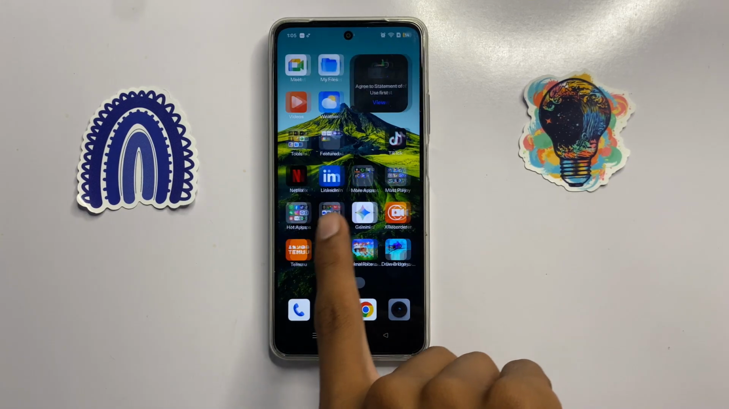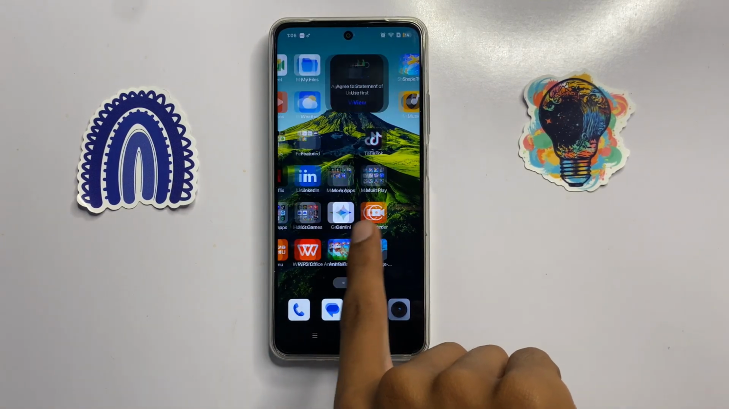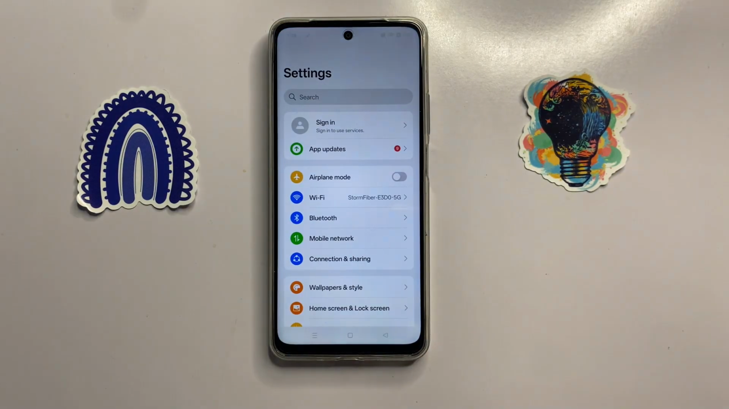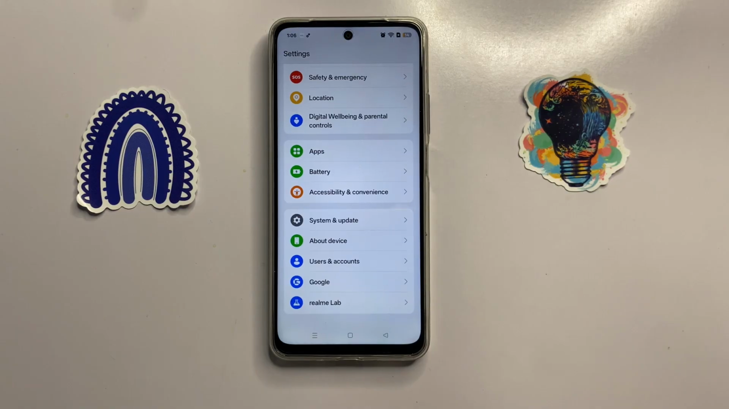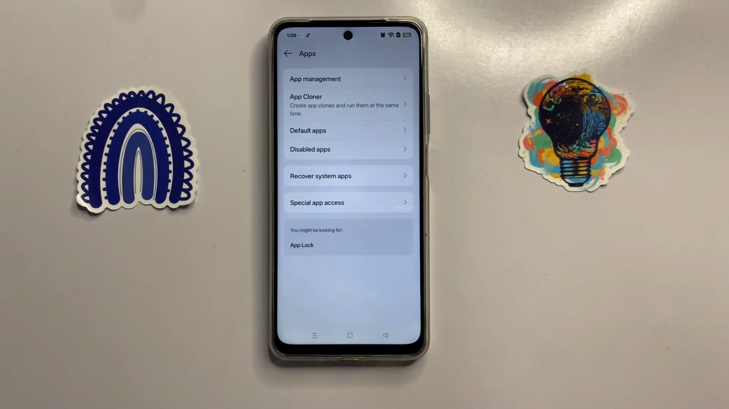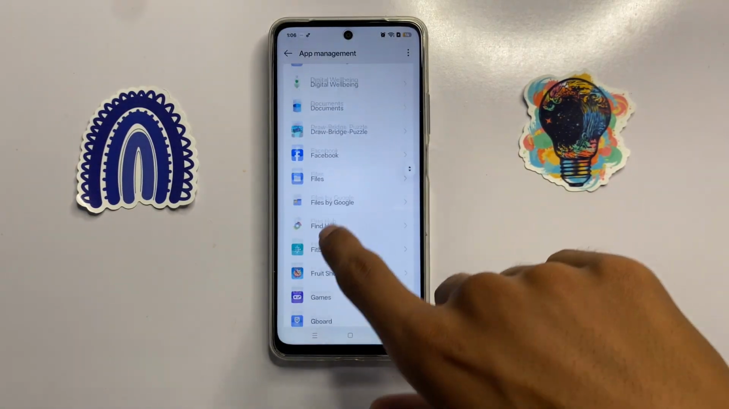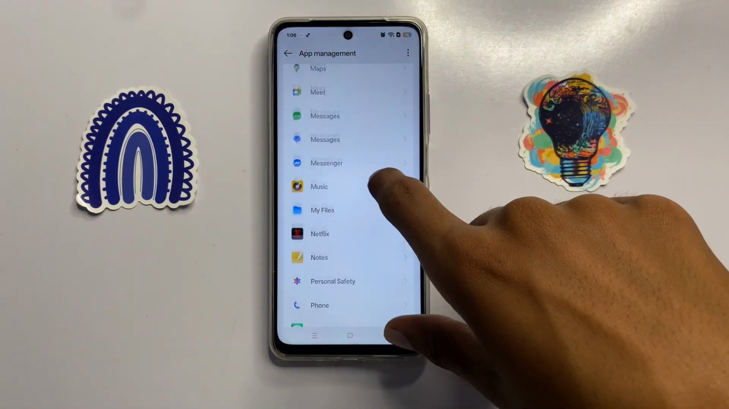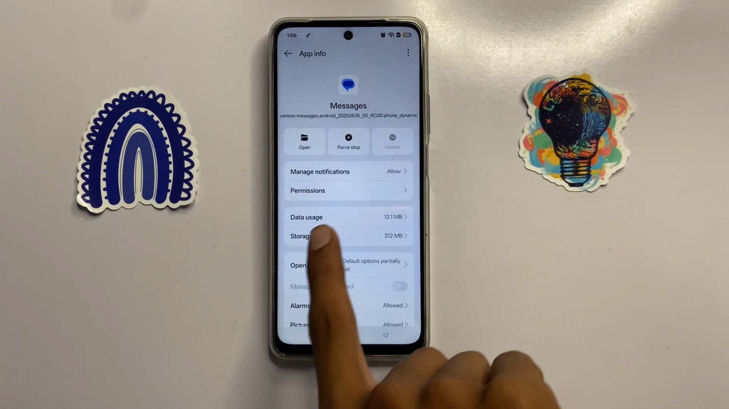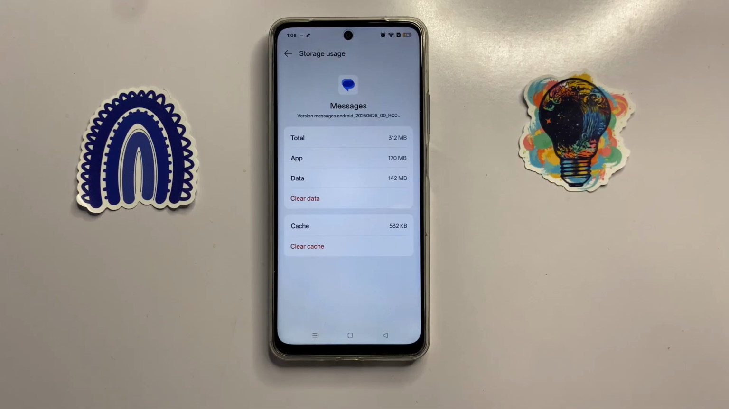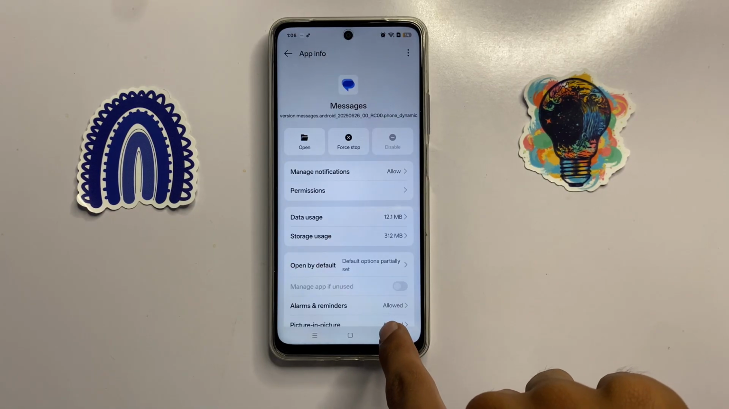First of all, open settings. In settings, scroll down and here you can see the option apps. Now click on apps and then click on app management. Now scroll down and here you can see the messages app. Now click on it and then click on storage usage. Now here you can clear the cache memory of messages app. After clearing the cache memory, then go back and